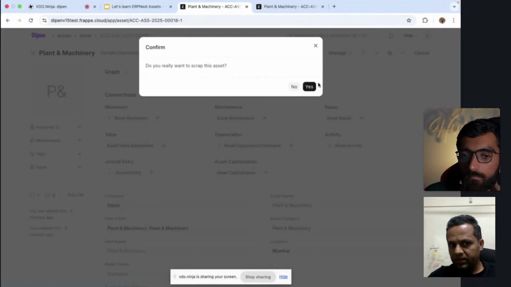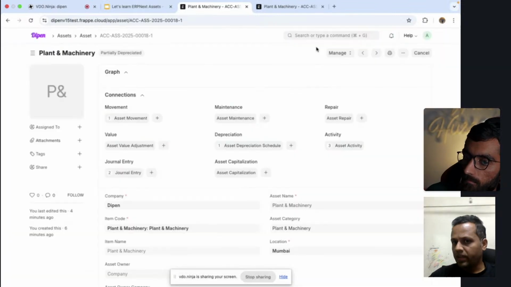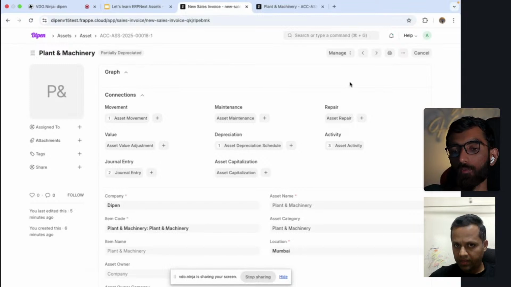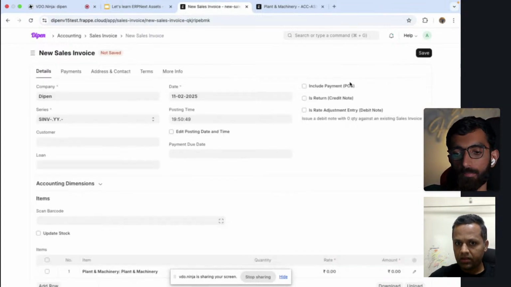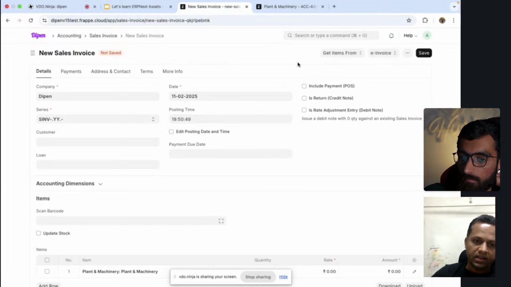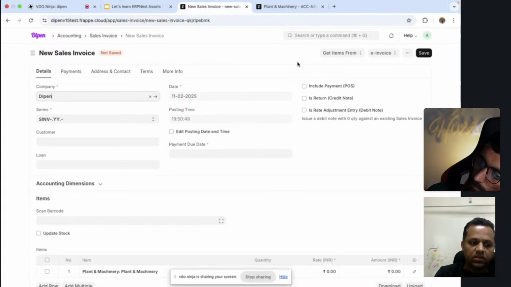If you click on scrap asset, the system will ask, do you really want to? If you click yes, it will ask you a few values, and then the related accounting impact will go. What will be the accounting impact in case of scrapping? Your asset account will get credited with whatever amount, right? And whatever amount you have received will also be shown as an income. So it might be possible the asset's value was last at 10,000, but you sold it